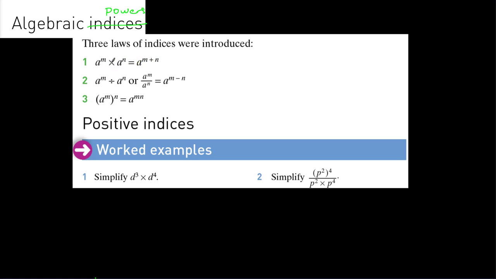Multiplication between same based powers, the powers should be added, and if there is division or a fraction here, powers should be subtracted, and power of power is multiplication of the powers. It has to be. Only the difference here from the previous video about the powers, we are going to work